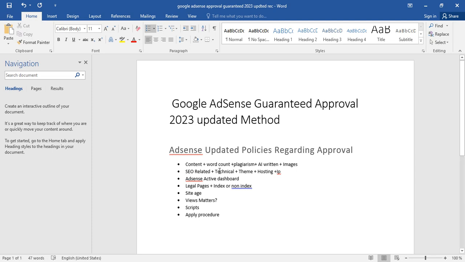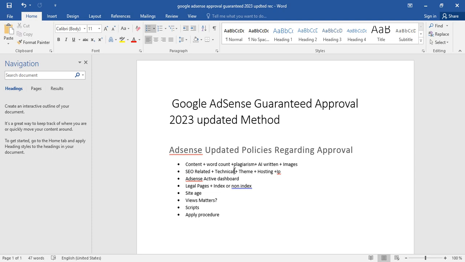And there is another point about technical things. For example, if you are writing an article on Google AdSense approval, and you put this article in the category of home and gardening, then how will Google understand what you are writing? It is like keeping your shoes in the cupboard where you keep your clothes, or keeping your food in the cupboard instead of the fridge. Google doesn't like it.